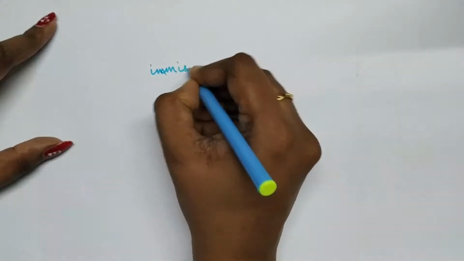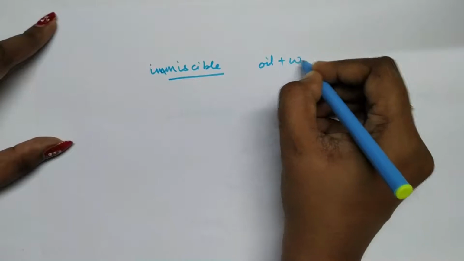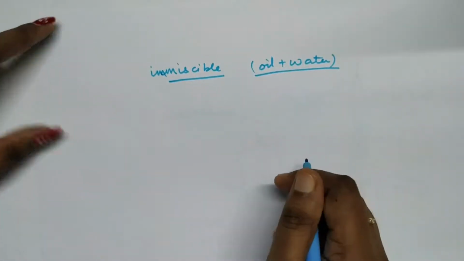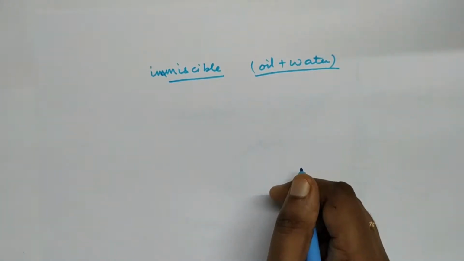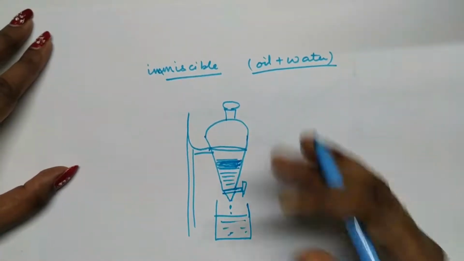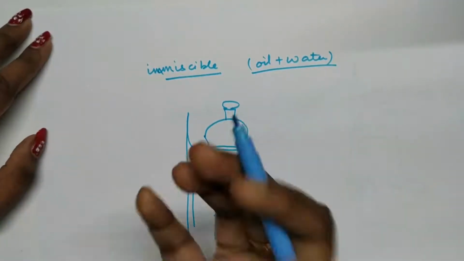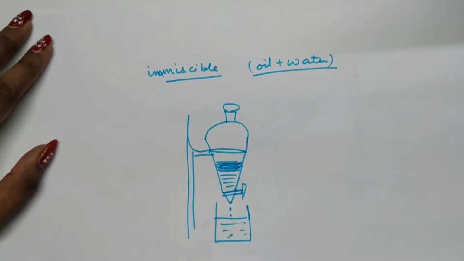Immiscible mixtures consist of liquids like oil and water, or kerosene and water, which do not mix with each other. For that kind of separation we use a special device called the separating funnel. If I show you a rough diagram of the separating funnel, this is something like what it looks like. And here the main principle of separation is that the method works when the two liquids are immiscible, meaning